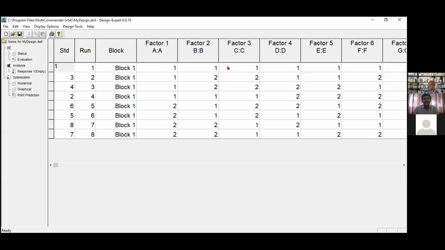If you are estimating only 3 factors, no problem. C should be allocated to E. Then it is the same as full factorial. There is no difference actually in that case. So without understanding, if you do, you can be led to problems. Otherwise, Taguchi design is also all right, provided you understand it. But unfortunately, there are many Taguchi software which do not go into the details. They simply let you do anything, and you get some result. So you have to understand it and do it, no problem in Taguchi also.